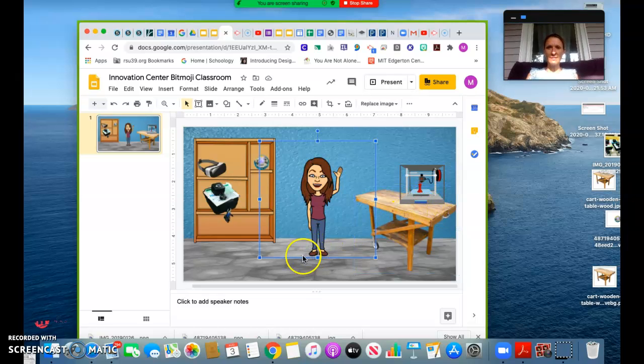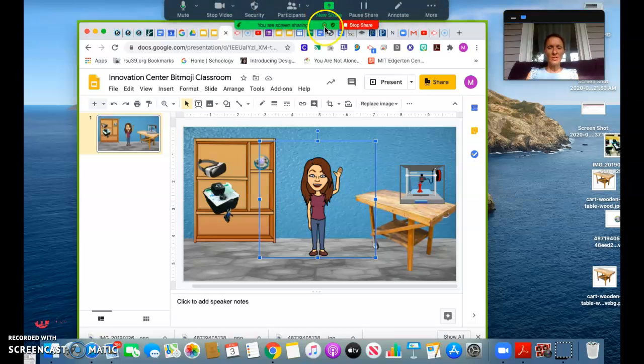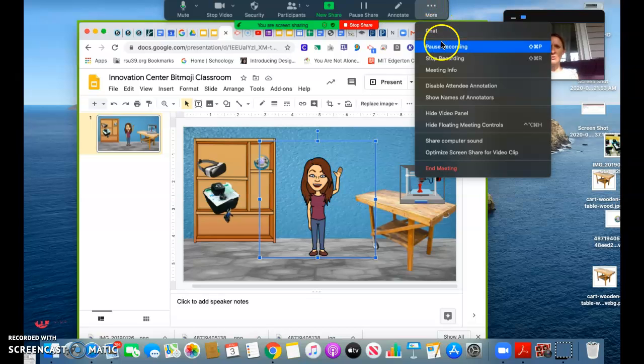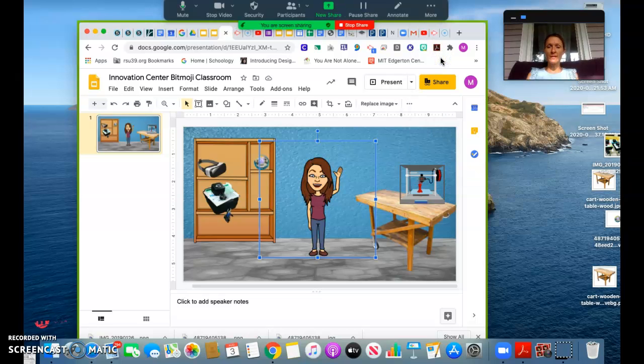So this is my lesson I'm sharing with students. And then once I am done sharing all the details for my lesson, before I stop sharing my screen, I can either pause the recording if there's more I want to explain to them, or I can stop the recording. So I'm going to go ahead and stop the recording. Now I'm going to stop sharing,